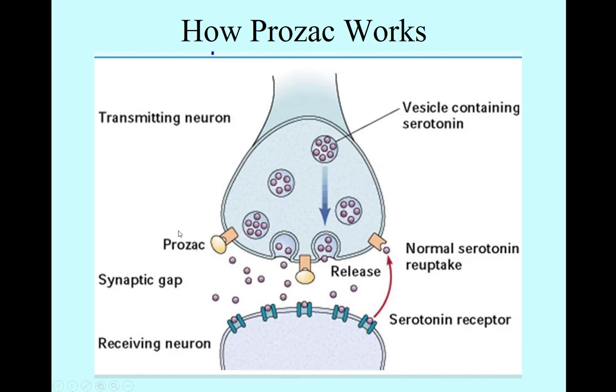So along comes Prozac right here, which blocks the transporter. It is a selective serotonin reuptake inhibitor, an SSRI. That's what it does. It prevents serotonin from going back into the cell. So what does it do? It comes back and it binds again. And so you end up getting more bang for your buck out of the serotonin that's released. Now, the MAO inhibitors work in a similar fashion. They break down or prevent the breakdown of the neurotransmitters, prevent them to be taken back up into the cell. And so you have a little bit of the same effect.